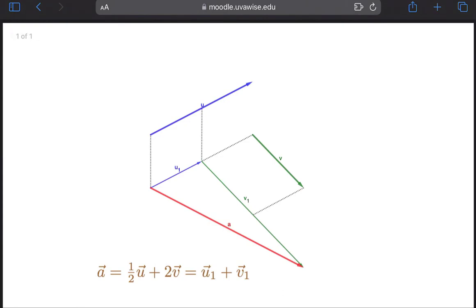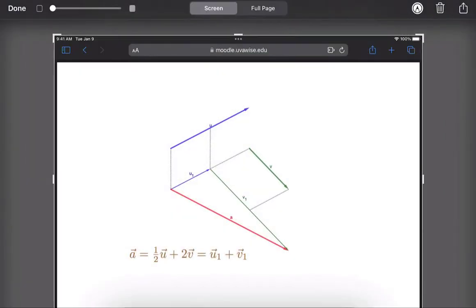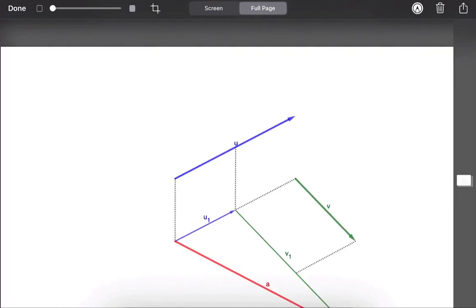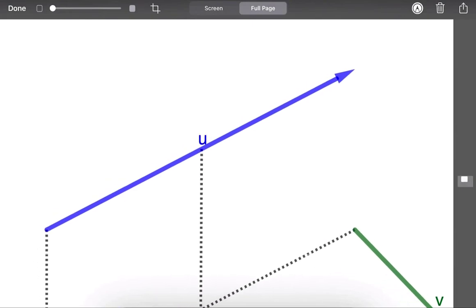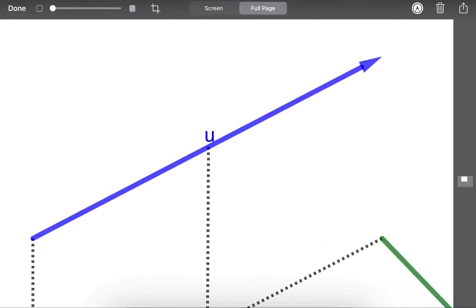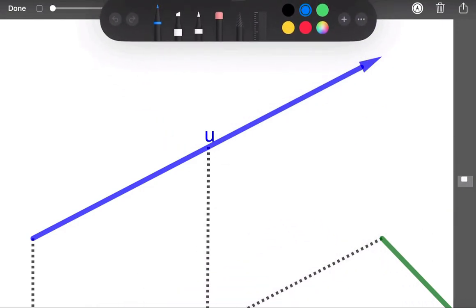It opens the file and we see some vectors and equations. And at this point, I will take a screenshot. We can go to full page and zoom in and do some basic measurements and calculations. Here you should be able to see the option to select the ruler,